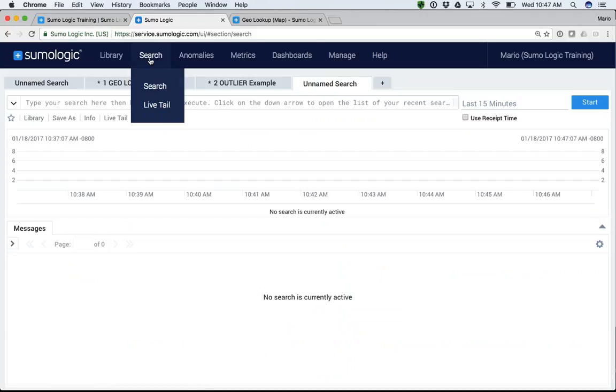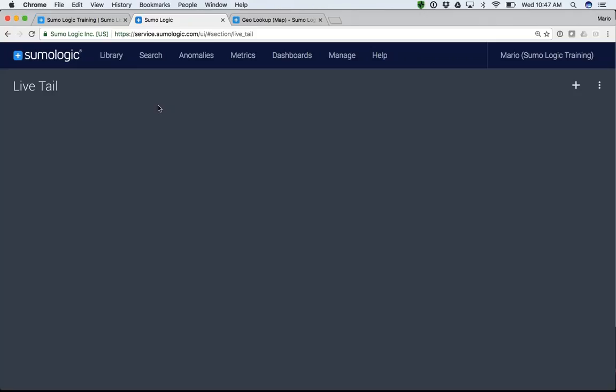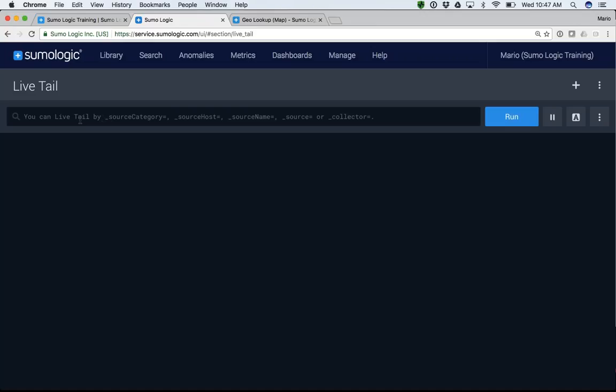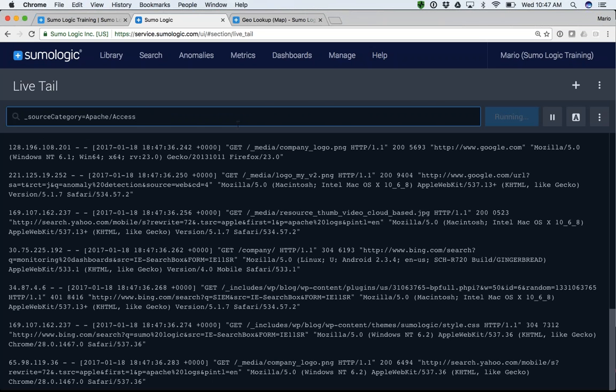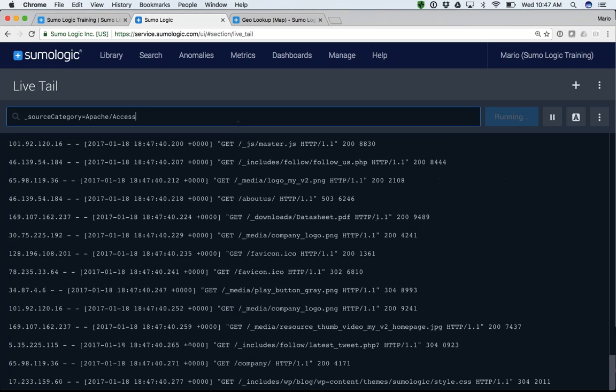The first one is the fact that you can live tail your logs. So far, I've been showing you how to search your logs. We went in here and we started searching through the logs. But for a lot of you, you might want to find out what's going on right there and then. So what I'm going to do is copy this source category, go to live tail and show you that in here you can live tail by any of your metadata tags. So if I drop that in there, hit enter, I just now started live tailing everything